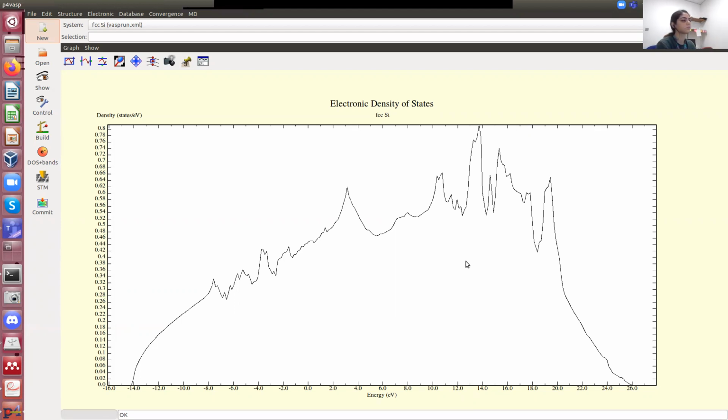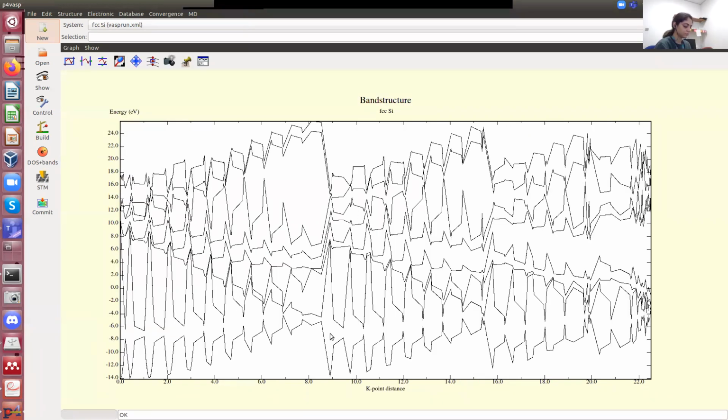It's not the good one that you should have. Instead, in this case, you get a good reproduction of the experimental system, of what should be there for real, but the band structure now is much worse because you are optimizing the k-points for the density of states and not for defining the band structure.